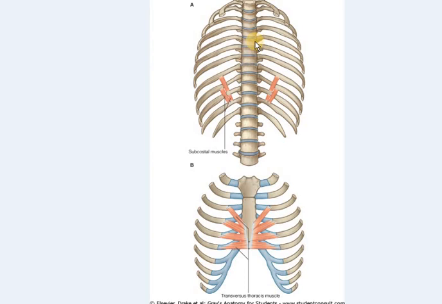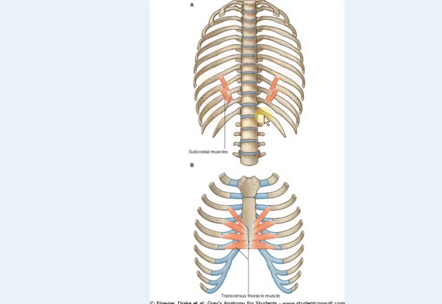Now comes the third kind of muscles found in the thoracic wall, the muscles that cross several ribs between the costal attachments, and these muscles are called the subcostal muscles. Students, please pay attention to this picture. In this picture you can see these subcostal muscles, and they span multiple ribs, and they are more evident in the lower region of the posterior thoracic wall.